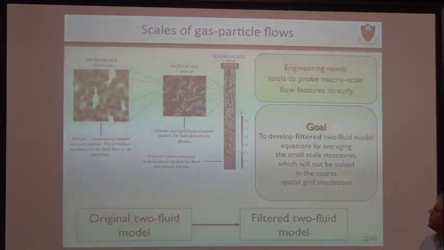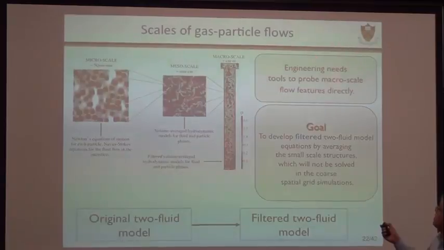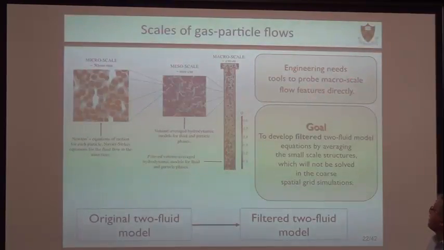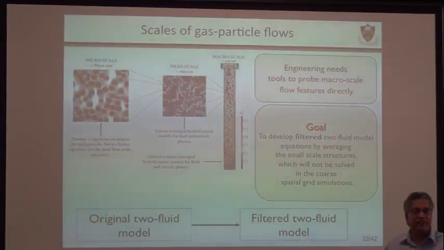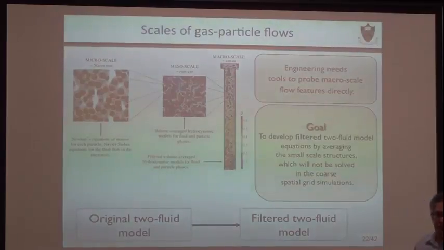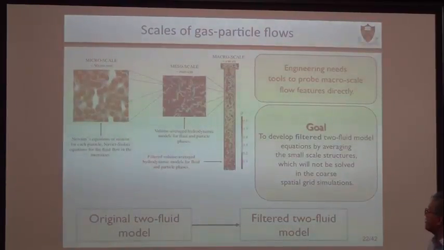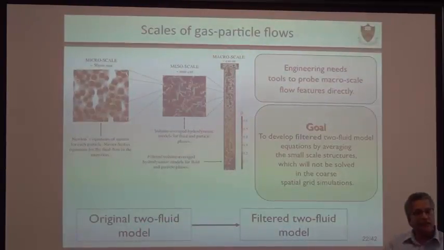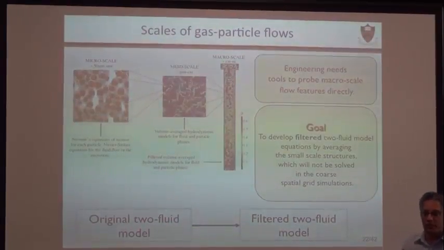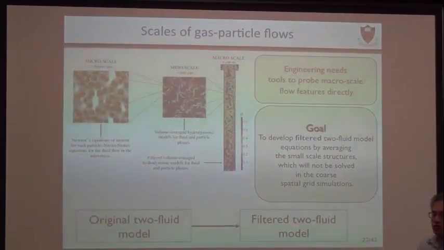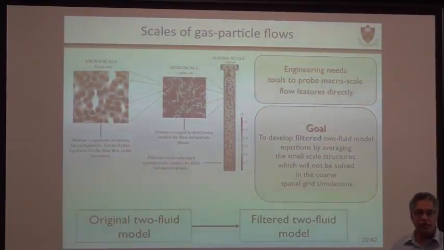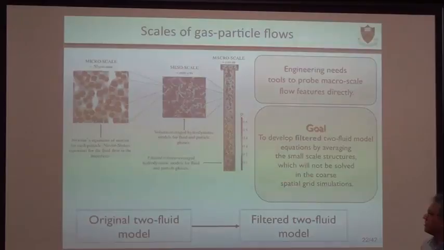So what happens then is that you have this structure. The engineering needs are that they need structure to probe the macroscale flow features. So we somehow have to figure out a way of averaging over the consequence of those fine structures. That's what people do in simulation. It's like taking these two fluid molecules that I showed you, which have all the meat in it to capture all the flow structures. Somehow we have to coarse-grain those equations to come up with effective model equations. And that's where the crux of the work has been.